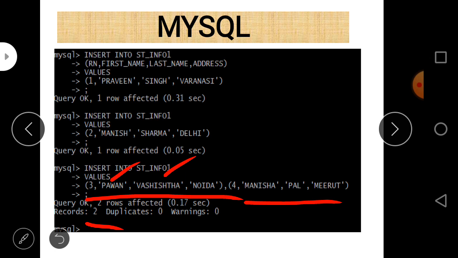So there are basically 3 methods which are used to insert data into a table.